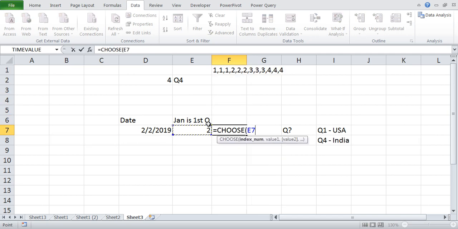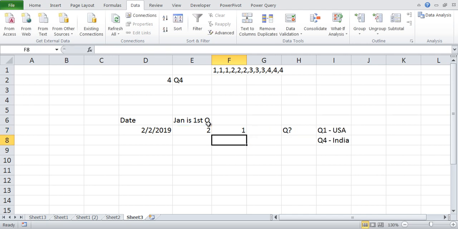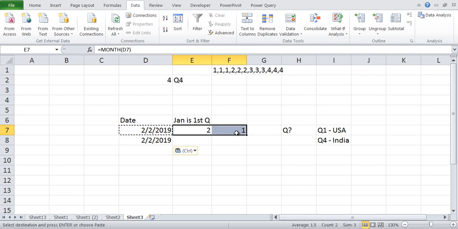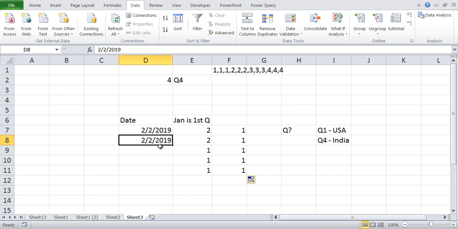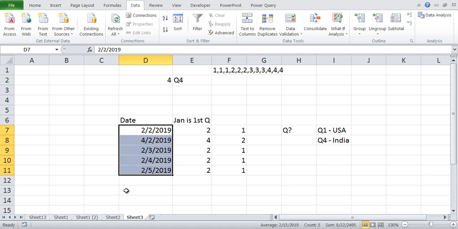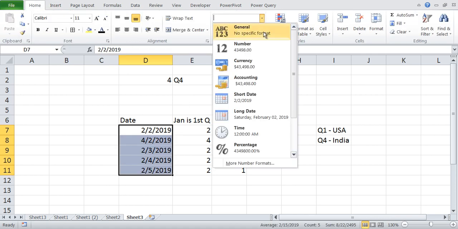Now I will copy the date and the formula here. I will select different months, and you see what will happen. Here I have selected, let's say, April, and let's change the date format also. Okay, so this is April, and here I am selecting July.